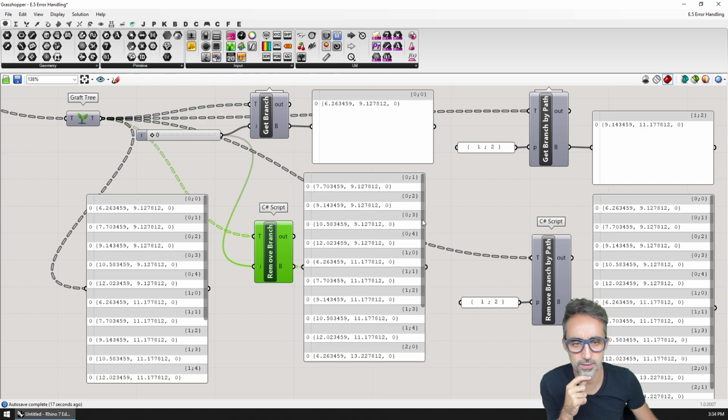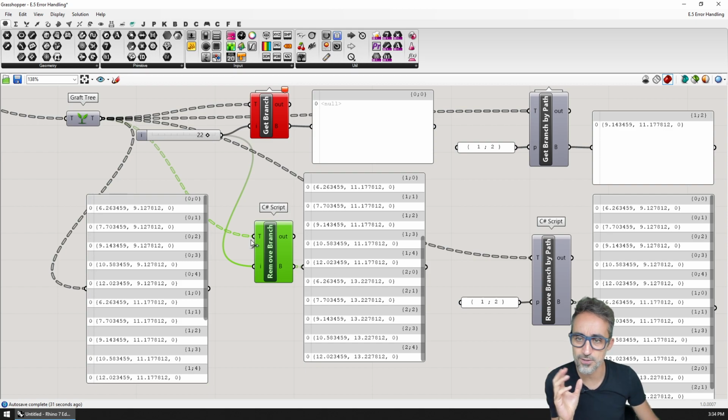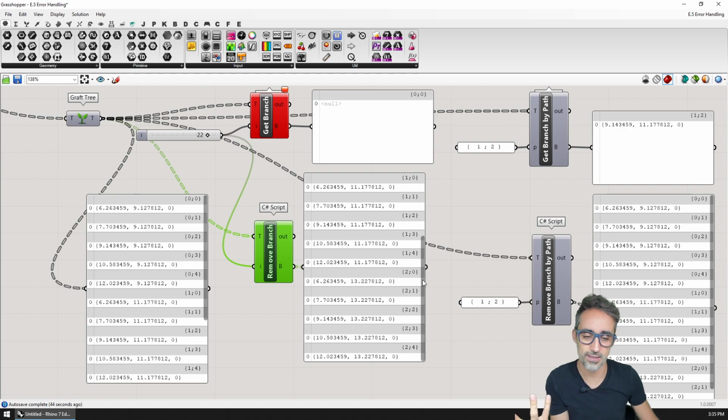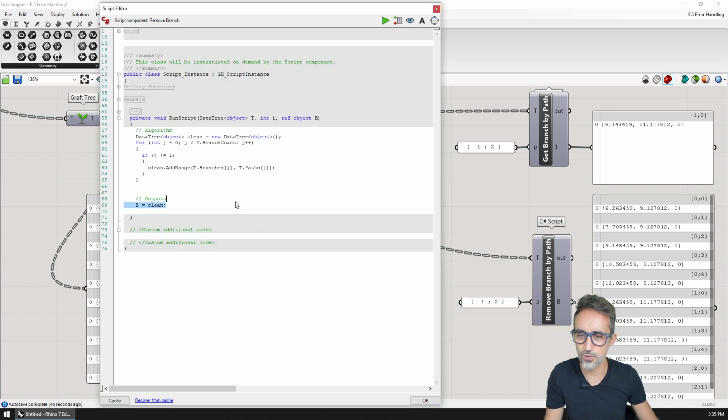And then what I'm doing here is that I'm trying to remove some of the earlier ones, but then as I go beyond 15, you can see that the component is not really doing anything. So the component is working, it's not crashing. However, it's also not telling me anything about the fact that I'm not removing anything here, that I went beyond the amount of branches that are available in this tree. So I may want to also